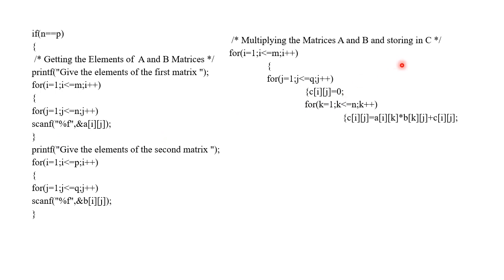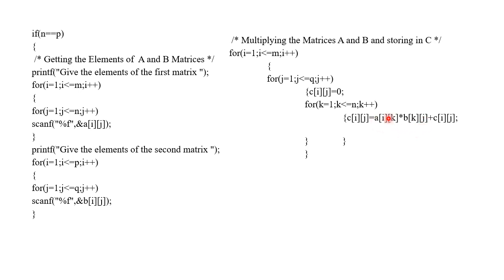And the third matrix is the multiplication. Here I is equal to 1 to m, j is equal to 1 to q. Cij is initially set up as 0. Then this is the program for matrix. This is the essence for matrix multiplication. Initially Cij is set up 0. Then Cij is equal to Aik. When k is equal to 1, it is Ai1 B1j.